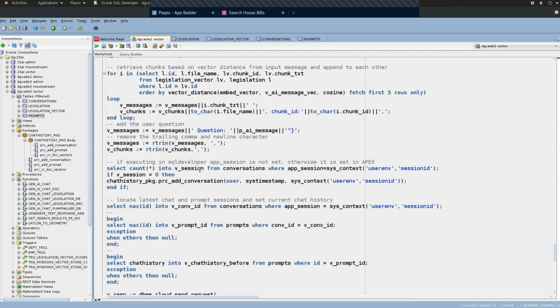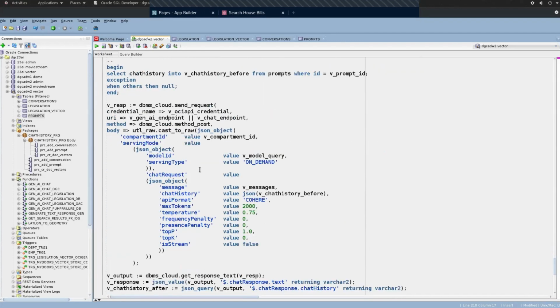If executed in SQL, the app session is not set, so I set it, otherwise set it in Apex here. And then here's the request. I'm going to send it. The chat history is managed here. So it is managed by